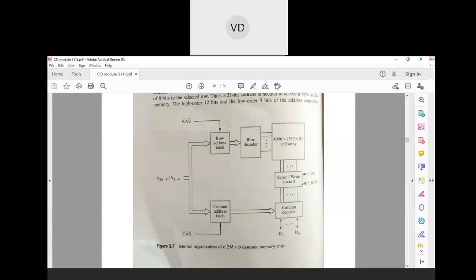After that, when we do the reading operation, whatever data is to be read will be transferred on the output data signals D0 to D7. If you want to write the data, first we give input to D0 to D7. That data is then taken by the row address and column address, and written into the address mentioned in this row and column address. This is what we have seen in the asynchronous